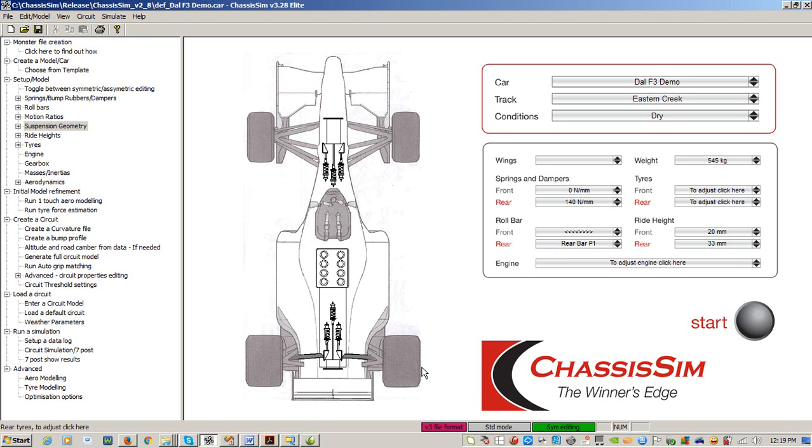But if you're not a member of the ChassisSim community, go to our online simulation and download this. It doesn't have the shaker rig toolbox or the aero modeling, but it will have access to the tire force modeling and the track replay, so you can have a bit of a play with that. Or if you're an existing ChassisSim user,